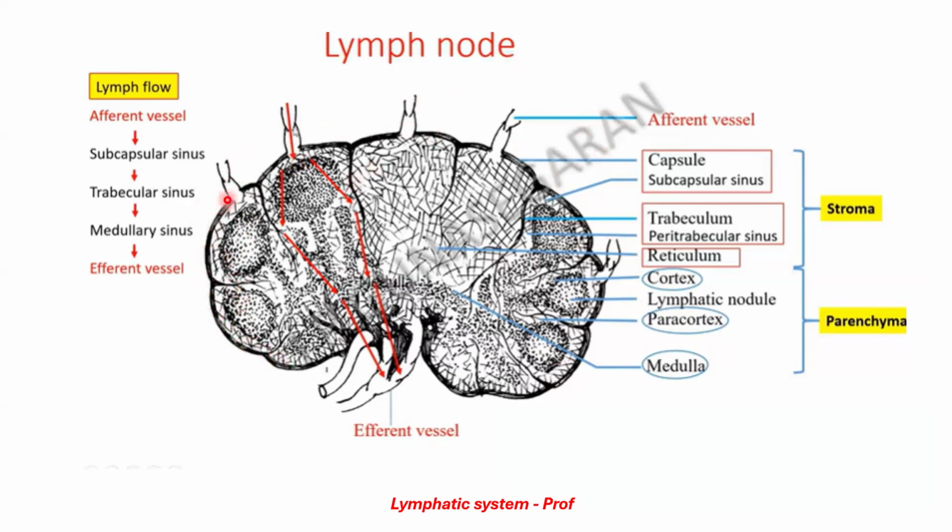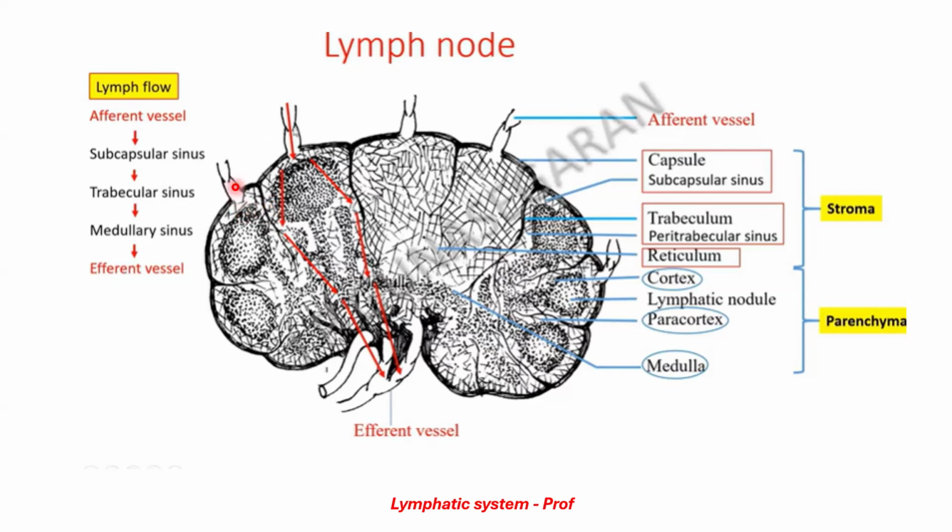Below the capsule, you'll have the subcapsular sinus. This will be the capsule, so below it is the subcapsular sinus. Then you can remember the capsule sends in trabeculae, which will divide the parenchymal aspect into various lobes and lobules. But on the sides, you'll have